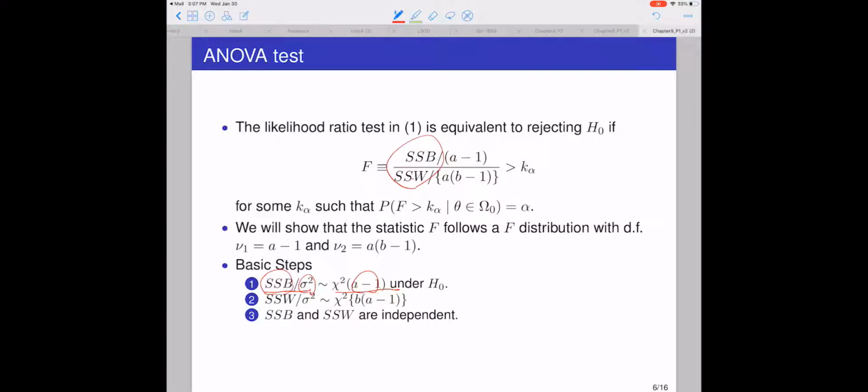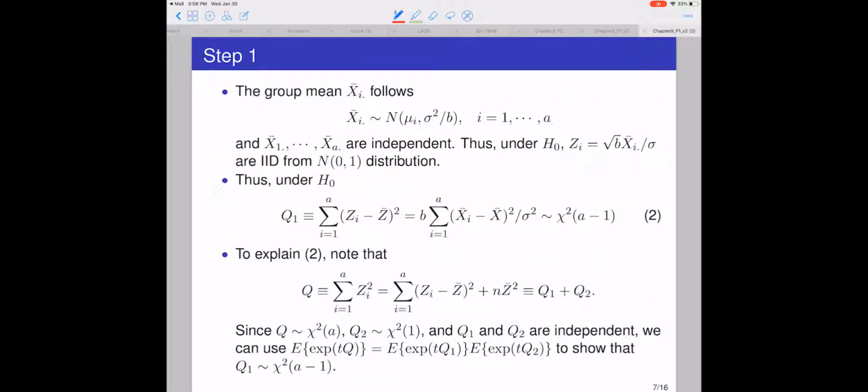This is A times B minus 1. Sorry about that. So the second thing is that SS within follows this degree of freedom, and then the two terms are independent. Then the ratio follows the F distribution, right? So that's the goal. To prove the first one, we note that